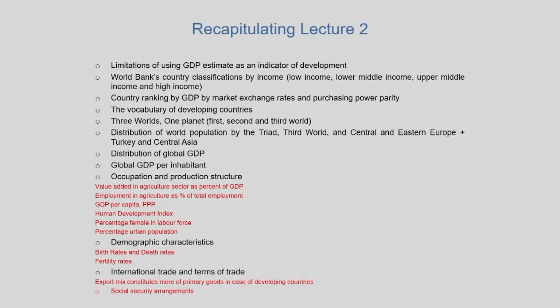The fourth and the final limitation that we saw with respect to the GDP estimate was that inequalities within a country do not get captured. We know that every country across the world has different standards of living of different people. Neither the GDP estimate nor national income per capita takes into account these income inequalities. As we saw in the first few classes, it is only the formal organized sector that gets valued in GDP. The large informal unorganized sector anyway gets excluded in the GNP GDP valuations.